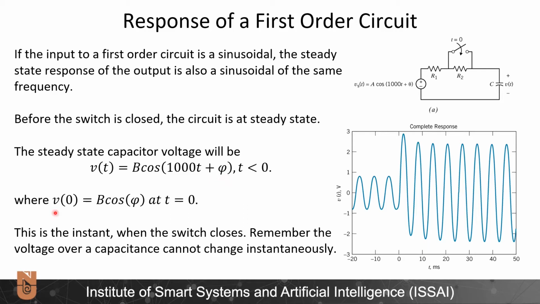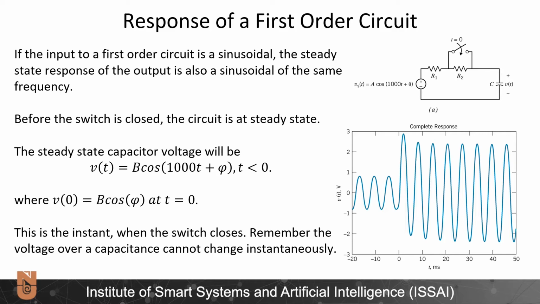From this expression, we can calculate the initial condition at t equals 0 as B times cosine phi, which we will use to solve the circuit for t greater than 0. Indeed, this initial condition gives us the energy stored in the circuit at the beginning of the second